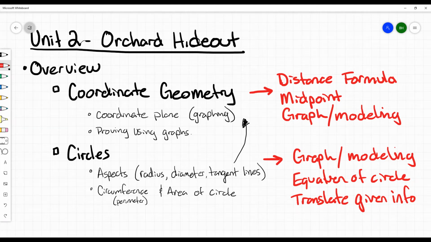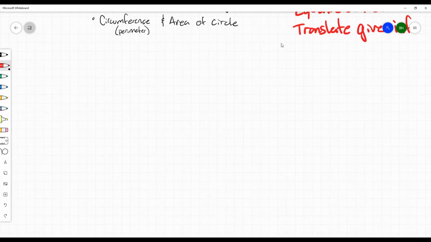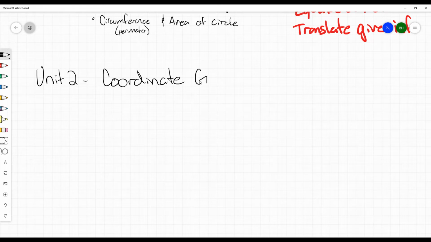If you're choosing this video, then you have probably selected going over coordinate geometry, which is reviewing the distance formula, the midpoint, and how to graph or model something that has to do with a coordinate plane or coordinate geometry. So we're going to break this up in not layman's terms, but simpler terms, looking at Unit 2 and focusing on the coordinate geometry